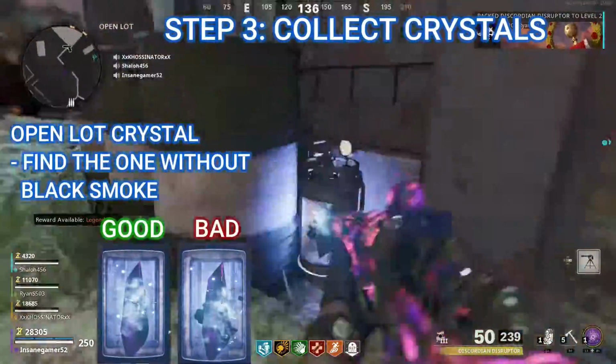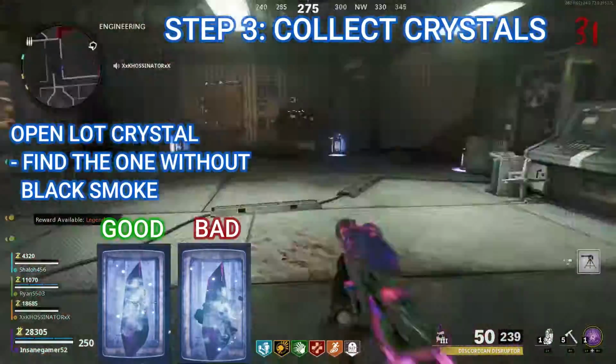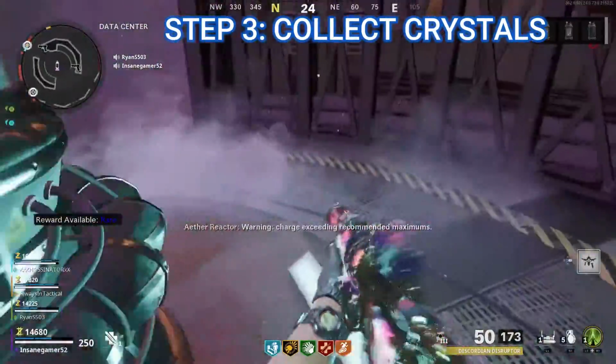The challenge here is finding the one crystal that doesn't have black smoke around it. If you pick up one of the crystals with black smoke, it will spawn a bunch of mimics and you will have to wait until the next round until you can dig up the crystal and try again. Once you have all 3 crystals, put one in each of the Aether reactors and then go to the OPC